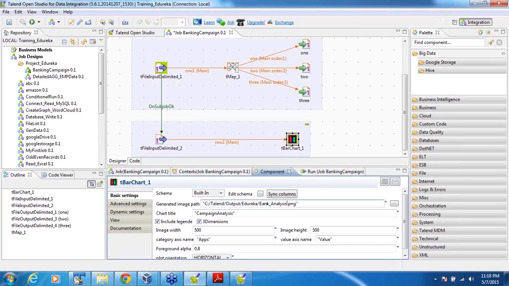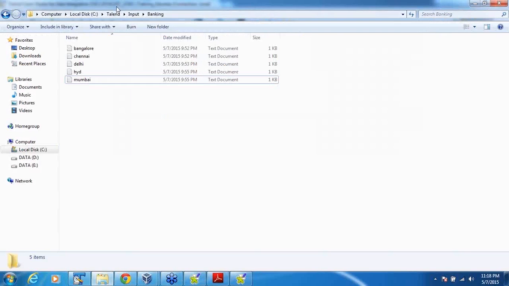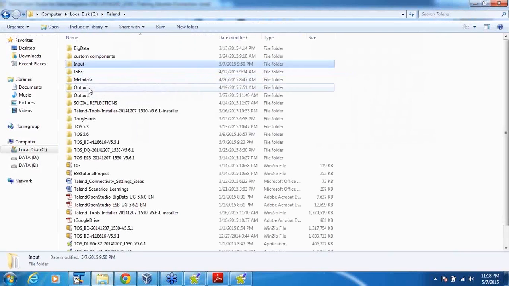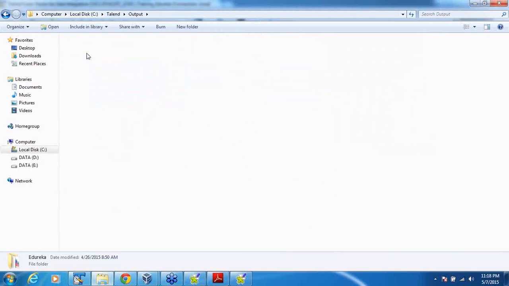analysis. So this exercise I'm doing to showcase that Talend is not only a data integration and big data tool, but it is also a data analysis and a very small scale graphical dashboarding tool, where rather than looking at numbers, if we see the graph, that speaks more than the numbers in a file. Okay, let me run this file and we'll go to C drive, Talend, output, Edureka,